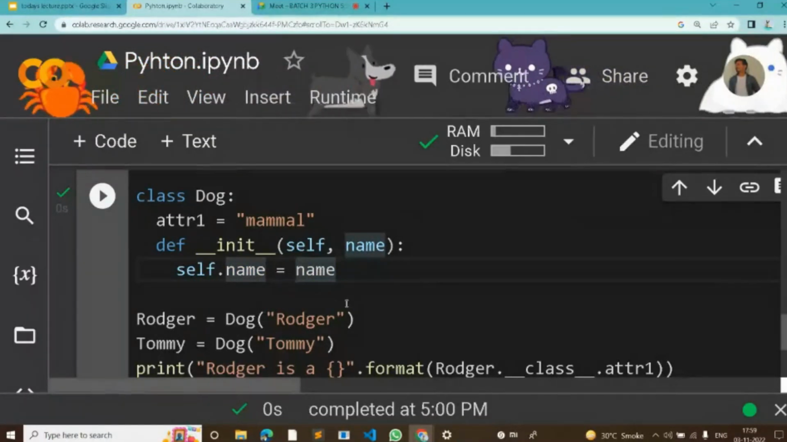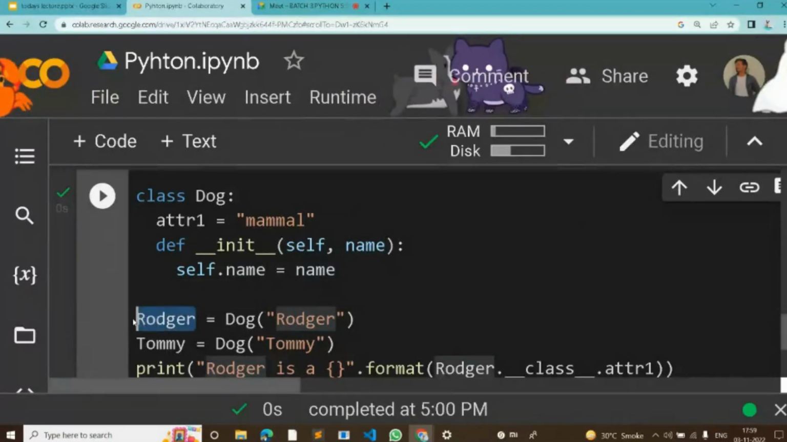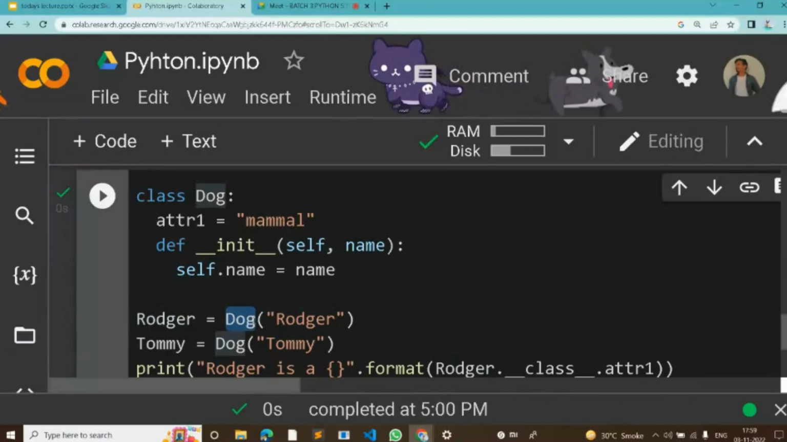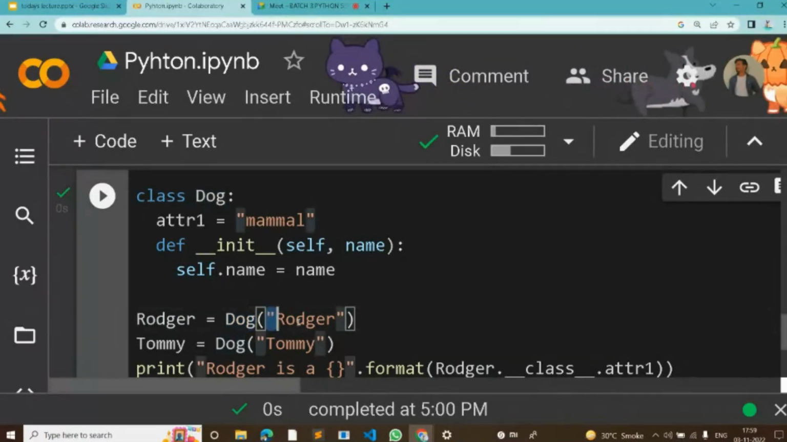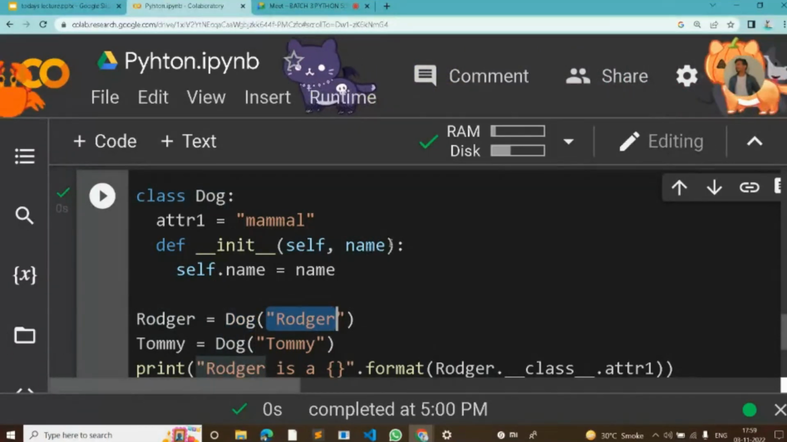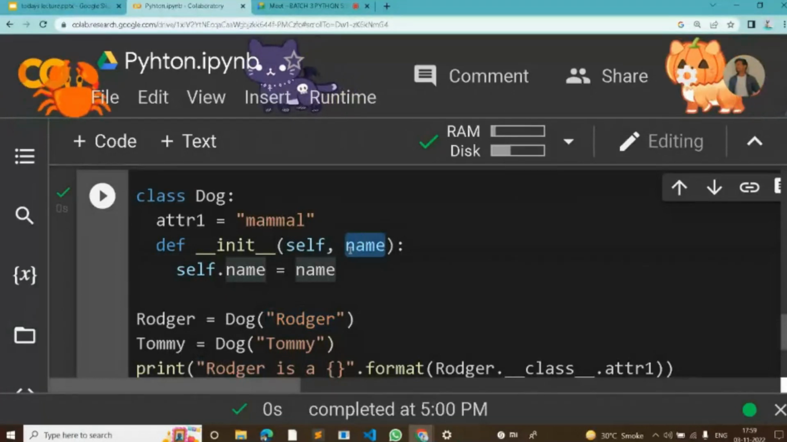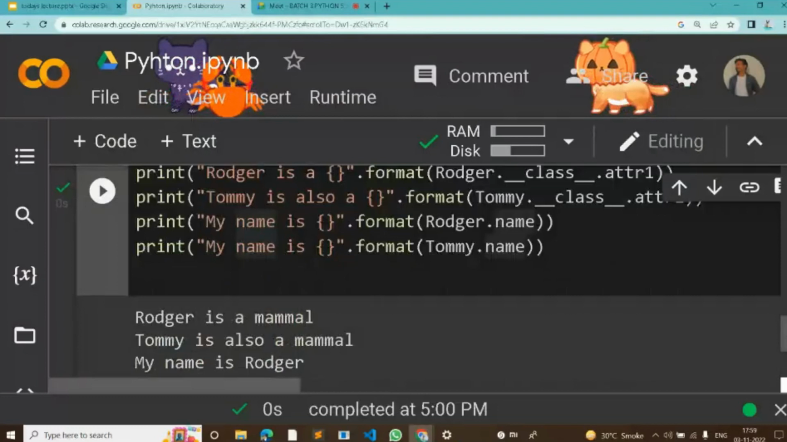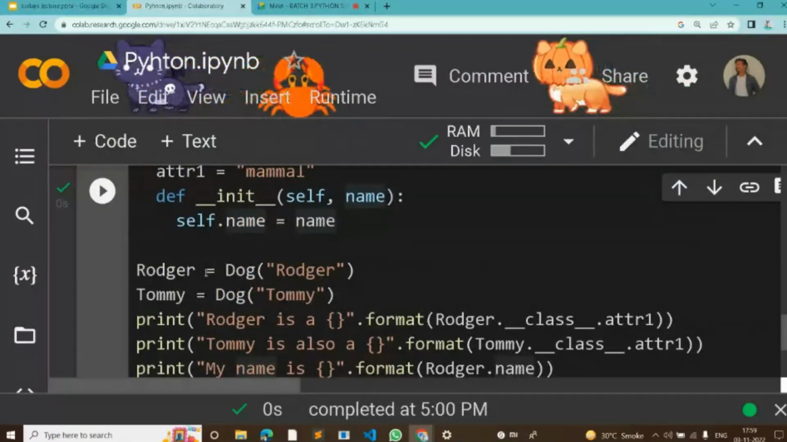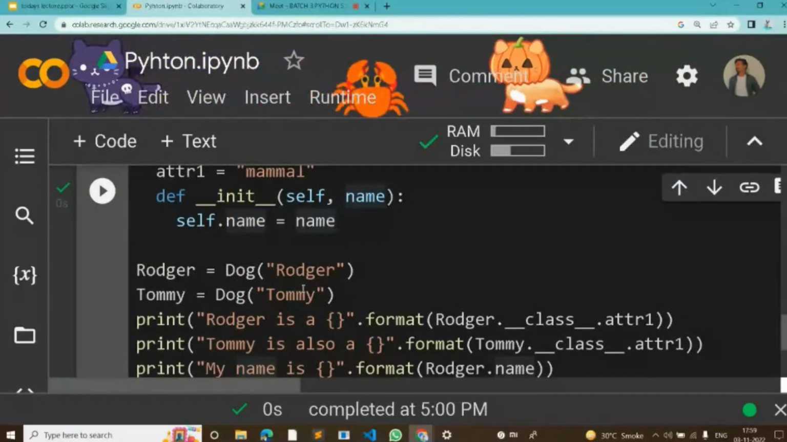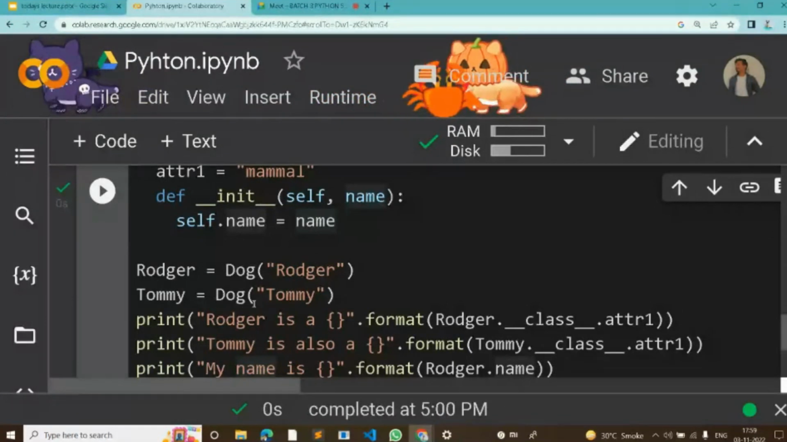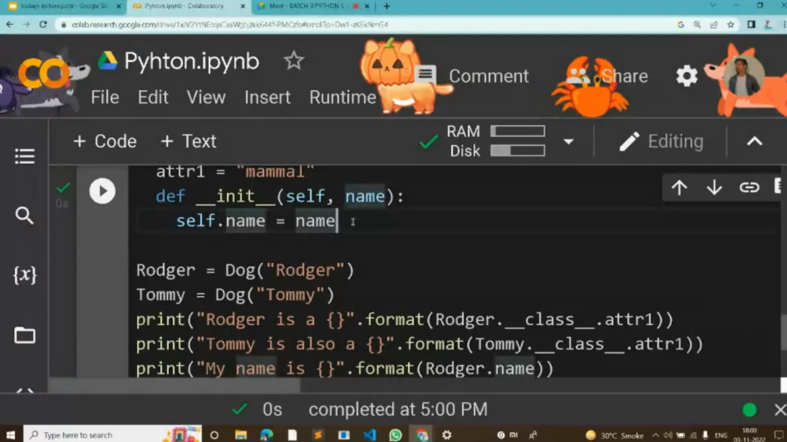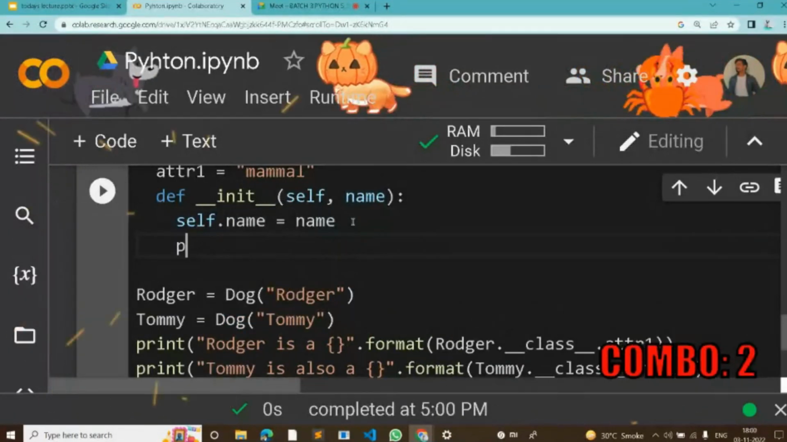So I have created a Roger object here by defining dog, which is a class, and Roger is the name which I am defining over here. Now, when I'm calling dog Roger and Tommy equals dog Tommy, it prints nothing. But if I'm printing like print,